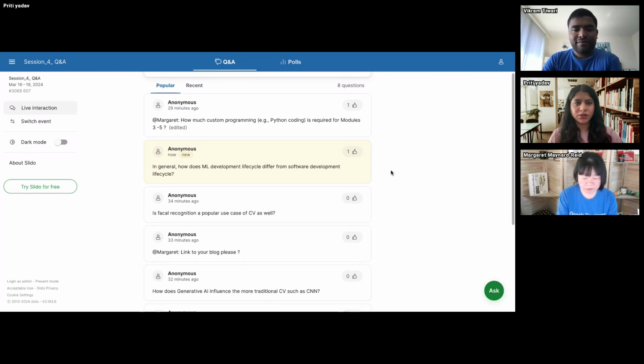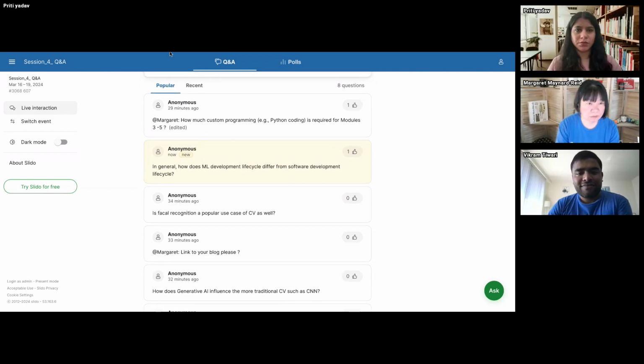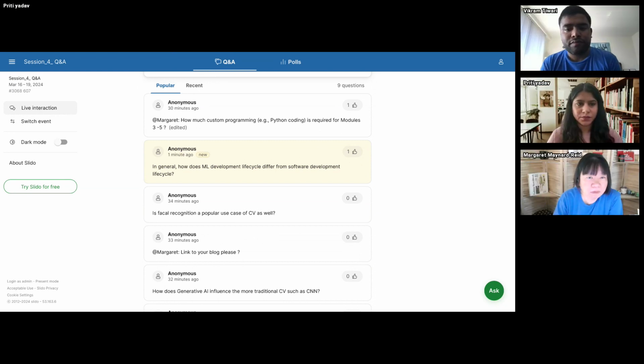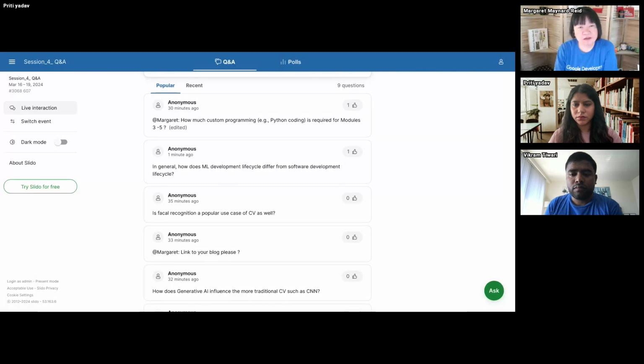I think this is for Margaret. How much custom programming, for example Python coding, is required for modules 3 to 5? I think you will need basic Python coding to learn machine learning.